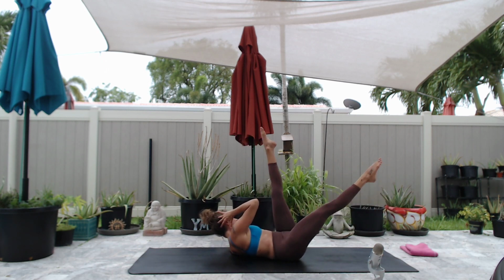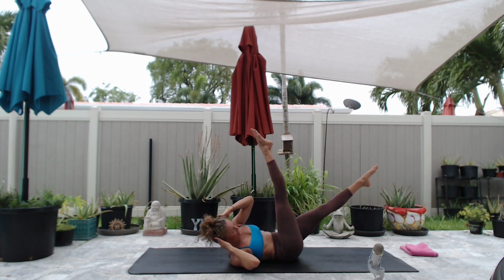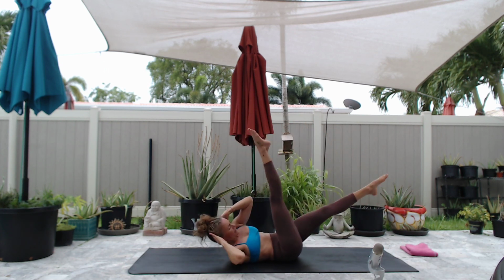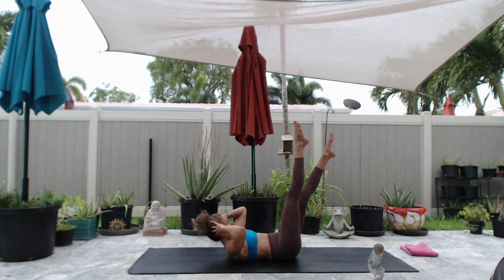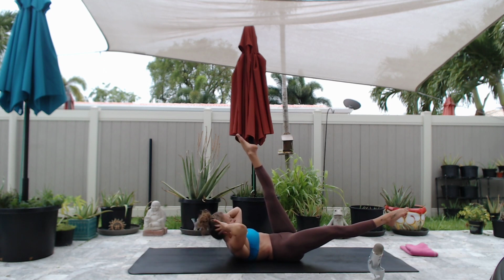Switching for 10. Exhale. 9, 8, 7, 6. Make sure your chin's off your chest. 5, 4, 3, 2, 1. You're going to hold it on the left side, left leg up and crunch for 10, 9, 8,